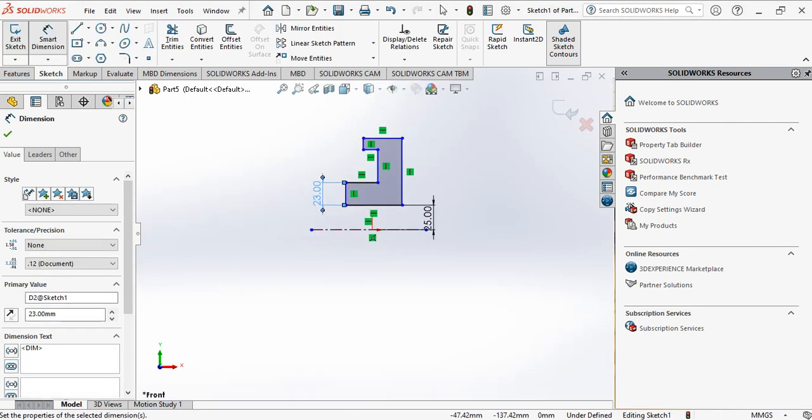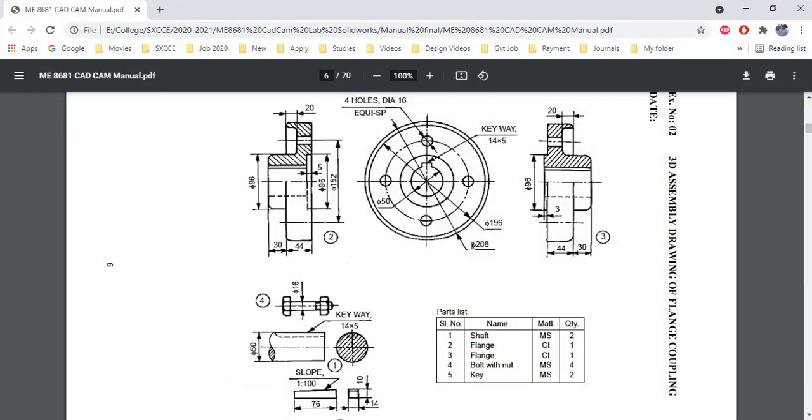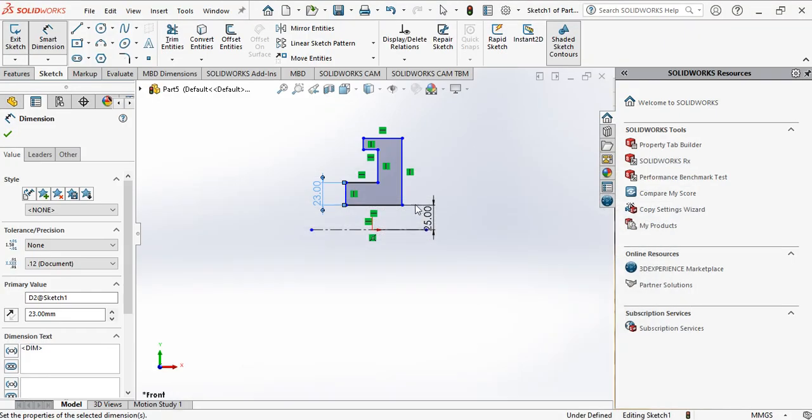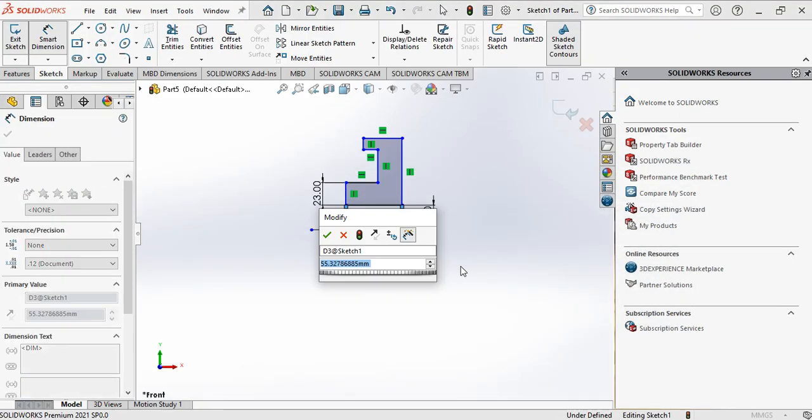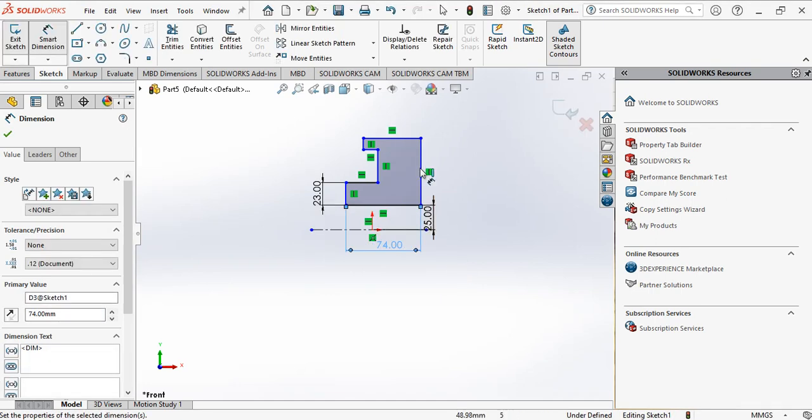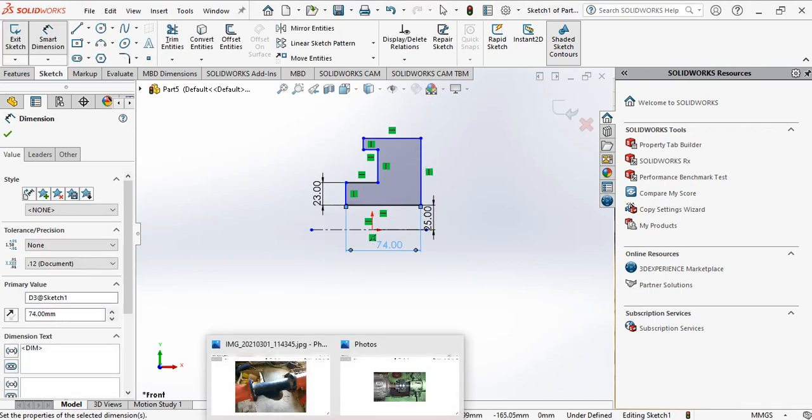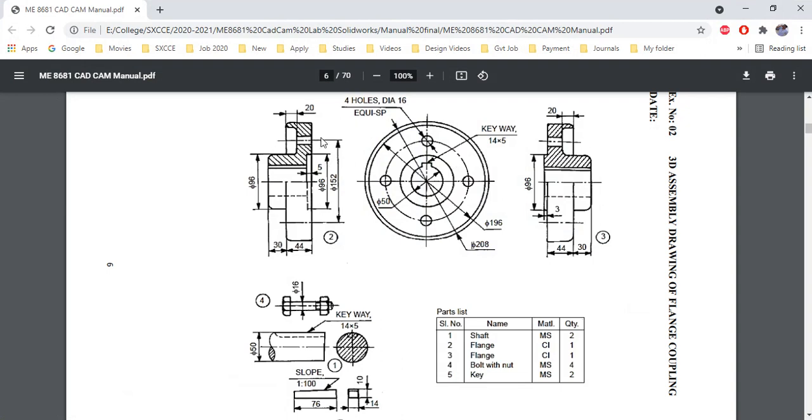And next, the next region, this length is 30 plus 44, so we will get 74 mm. Here, from here to here, the outer diameter is 208, from this point to this point the entire distance is 208.